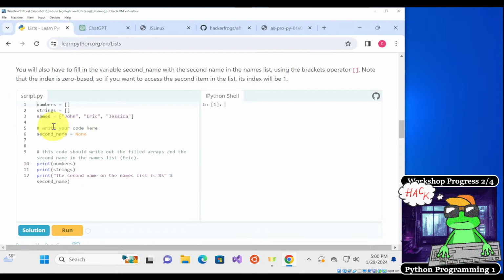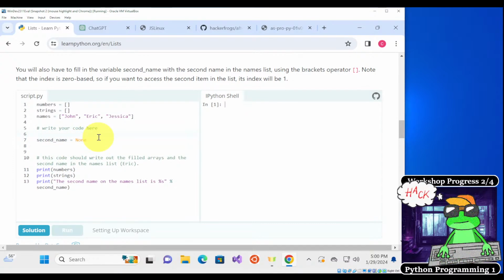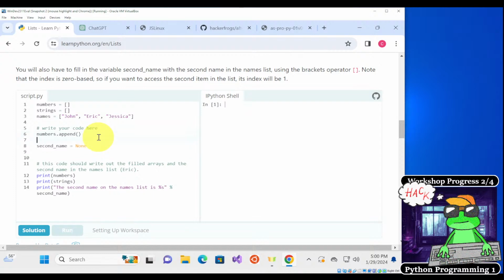So we have the numbers list over here, we have the strings list over here, and we have the names list right here. So what I would suggest is that we're going to do numbers.append, okay? And then we're also going to do strings.append.